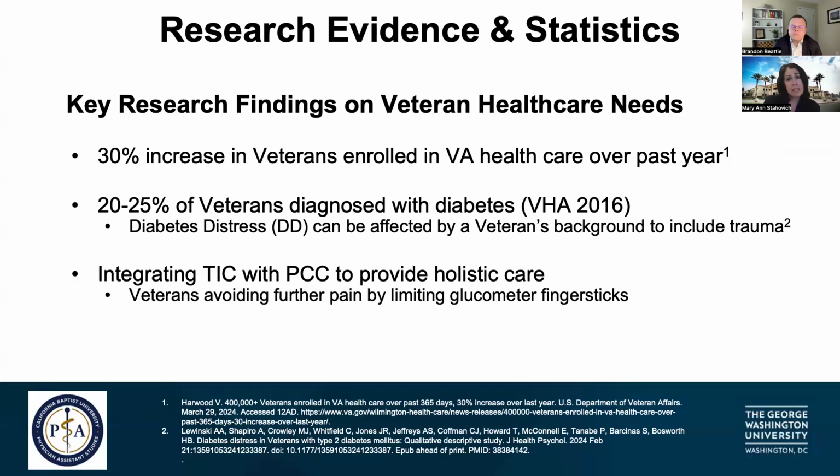And in fact, many veterans also have and meet the criteria for something that's called diabetes distress. Diabetes distress is the inability to cope with the daily tasks of managing diabetes, which can be complicated. And in the case of veterans, it can be further exacerbated, and triggering, as Brandon had mentioned, can be the case before, for veterans who have a background of trauma.